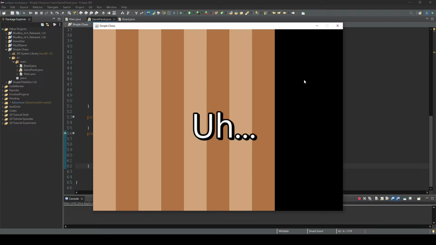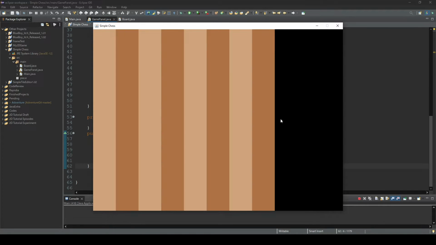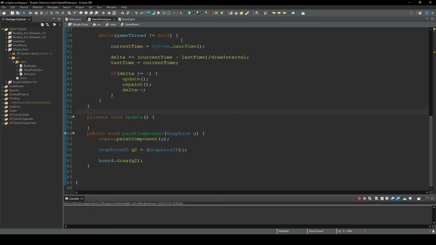Yep, so it doesn't look correct. So we switch the color every time we draw a square. But the tricky thing is, on the actual chessboard, the color doesn't change when you move on to the next row. And so to handle that,